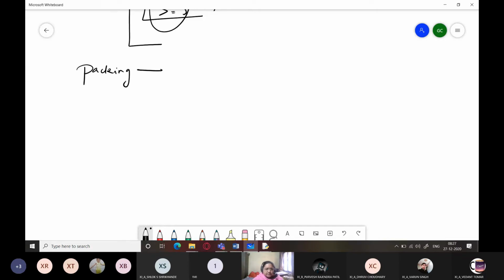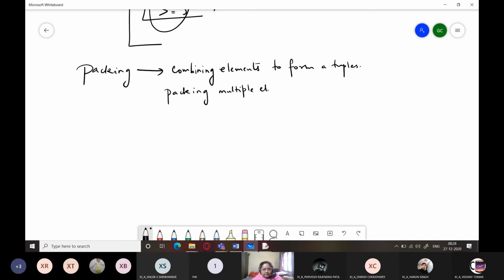Here, packing means combining elements to form a tuple. That is packing multiple elements into a tuple. That is known as packing.